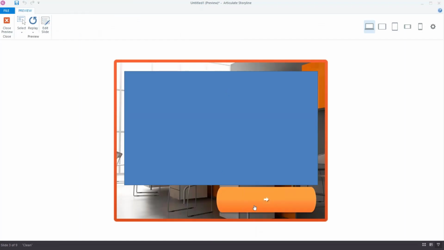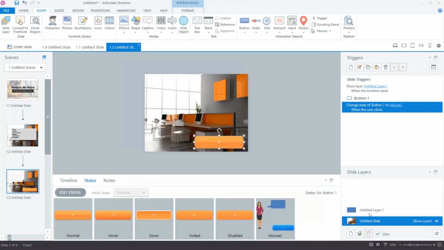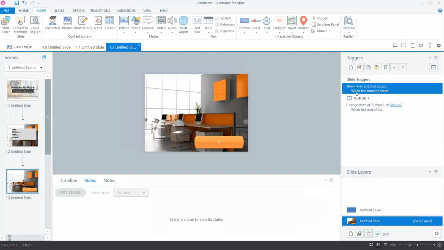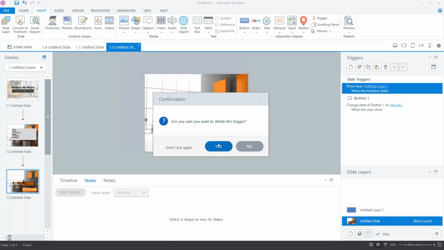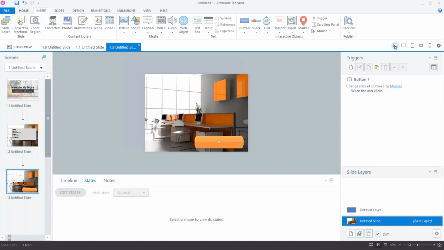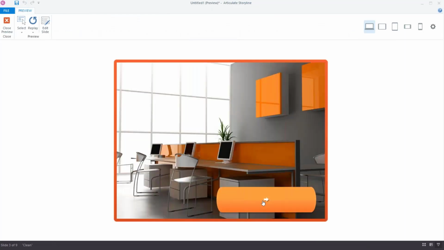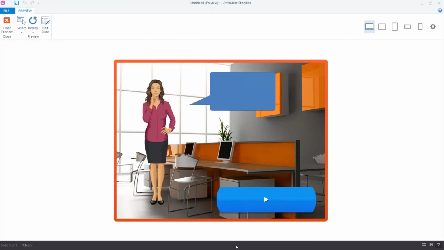you can see that she's not here on the state, but when I click that, there she appears. And because this is on the base layer, you can see it. It's already changed that state now, but it still keeps my hover state, but it changed it to blue. And she's there. If I got rid of this layer or got rid of this trigger that starts this layer, then we can see it happen better. So if I preview that now, I see that the button's orange and it's got this arrow with a little tail on it, and she's not here. As soon as I click it, this is now a state.